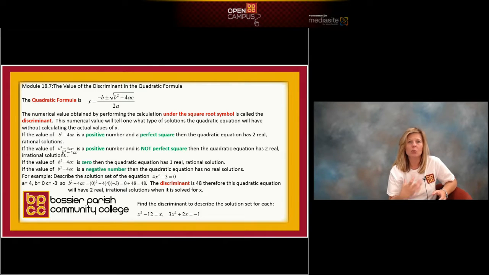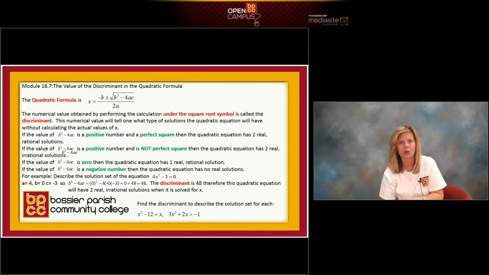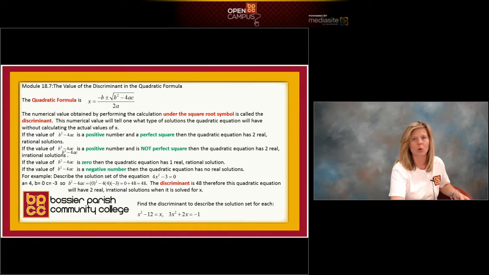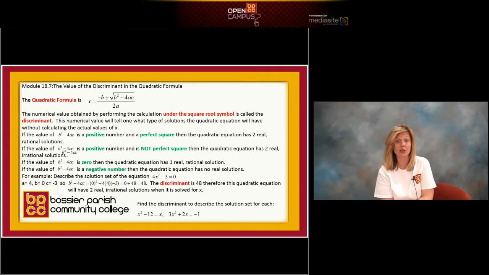So when you hear the word discriminant, that's asking you what is the one number we get underneath the square root symbol when we calculate b squared minus 4ac. Now, I've listed on the PowerPoint 4 scenarios that could happen. And these should all make sense because we've already gone through this. If what's underneath that square root is a positive number and is a perfect square,